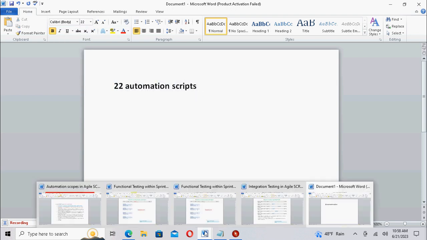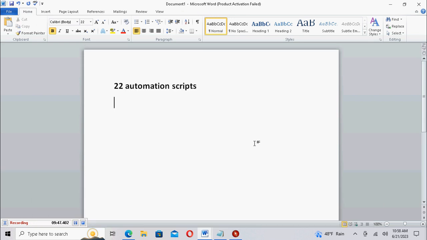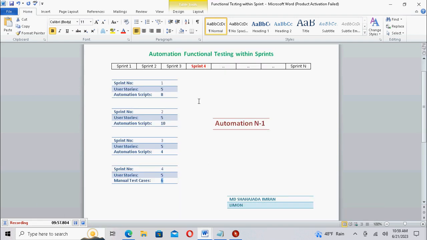And 6 manual test cases. This is the scenario. There are n number of sprints. 3 sprints are closed. Sprint 4 is open. We are on sprint 4,